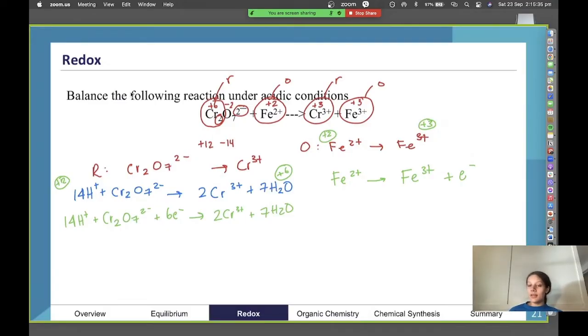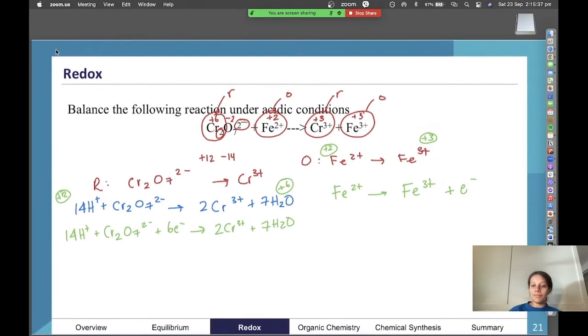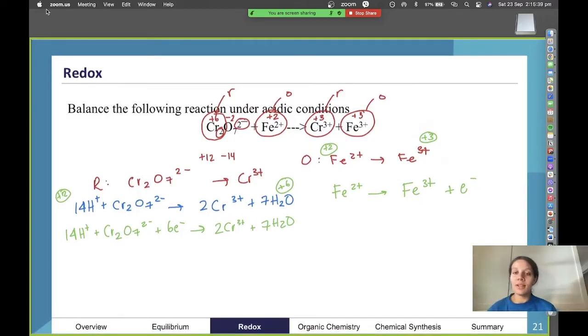So that's our process for working through the half reaction balancing step first. And a good way to check that you've done the right thing is checking where your electrons are. Reduction is gain of electrons, so they should be on the left-hand side, which is what we've got. And for the oxidation half reaction, we have 1 electron being lost on the right-hand side, which is good. So that's a good way to check your work as you're going through.